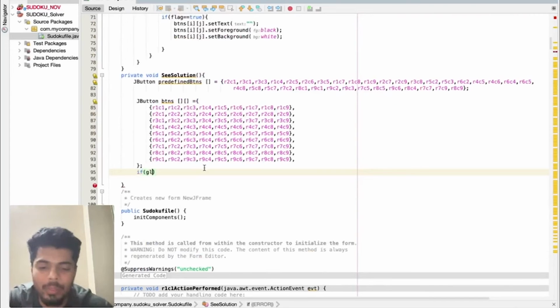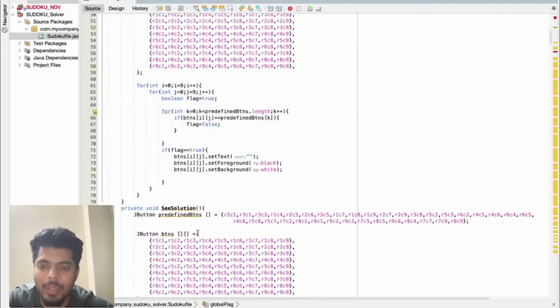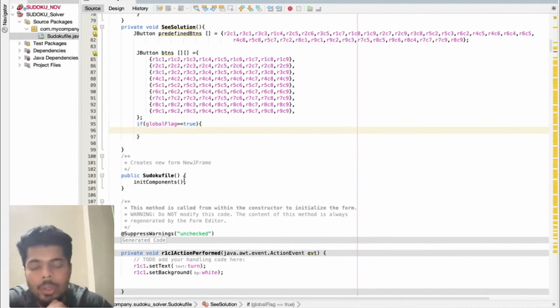Now I'm going to check if global flag equals true. Let's say the global flag is equal to true. That means I have clicked on the show solution button.